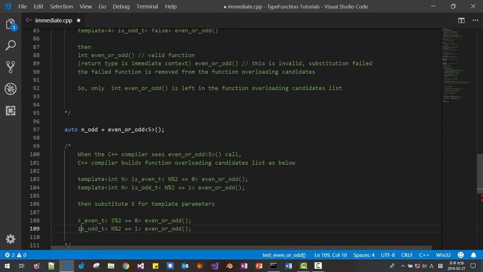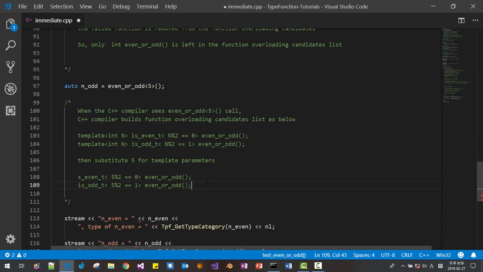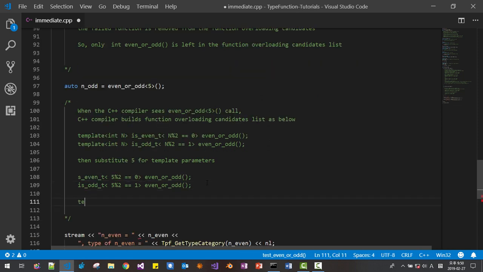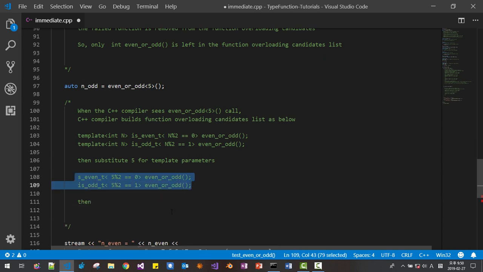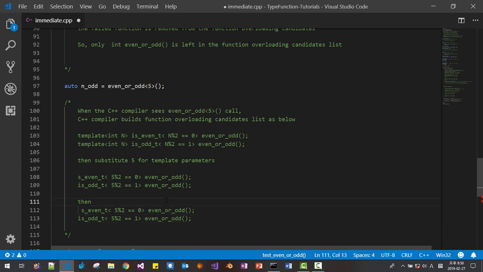This is 5. Then this candidate list becomes like this. This is 0, 1. This is 1.